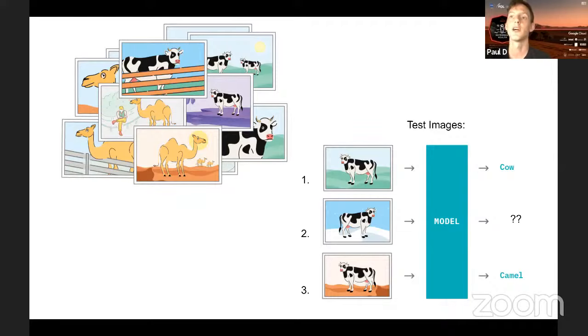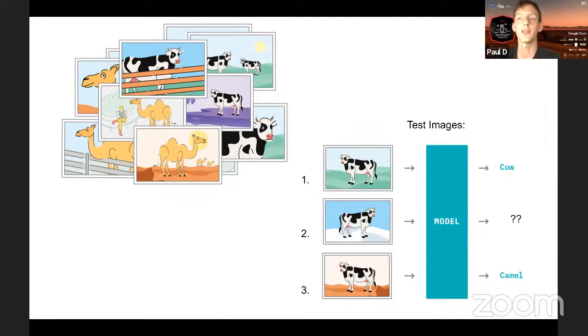So if you trained a standard predictive model on the data set that I've shown on the top left, and you receive some test images at test time, like on the bottom right, the cow on the grassy field, you'd probably predict that correctly as a cow.